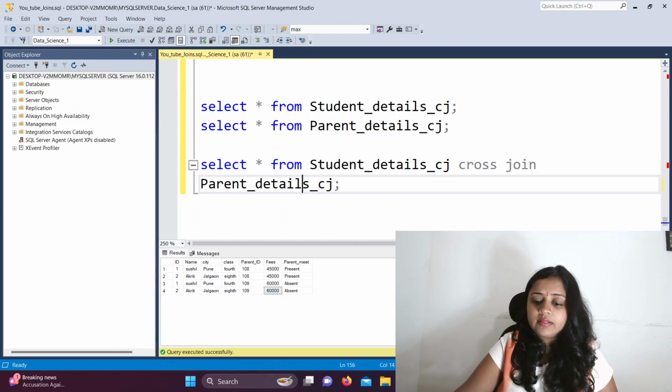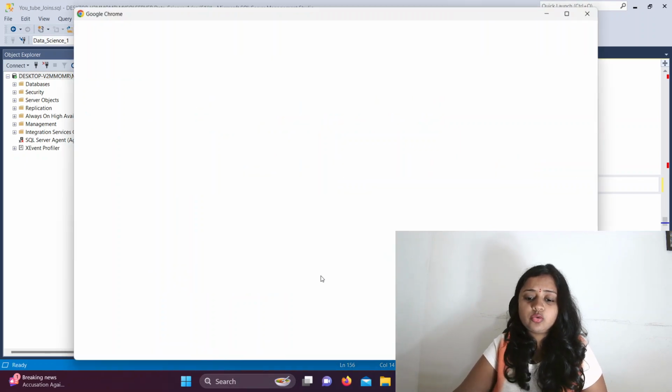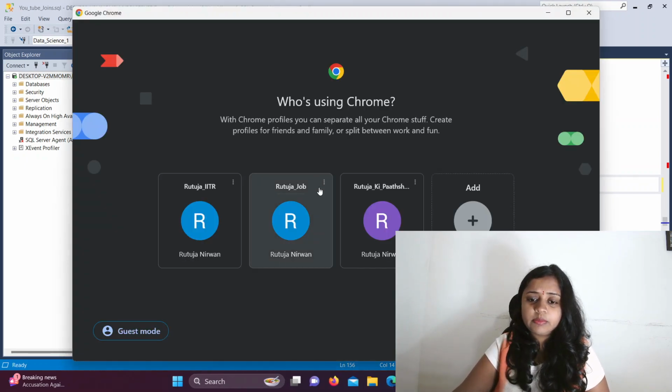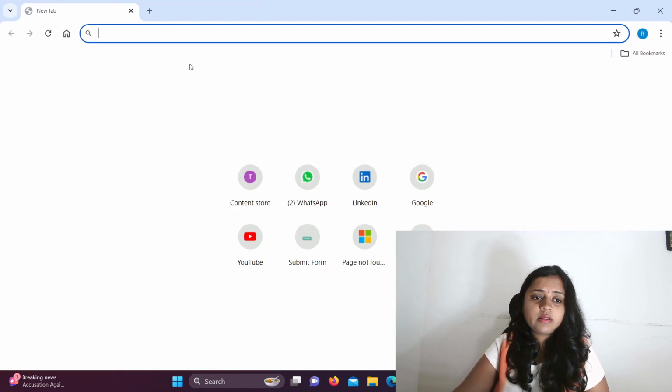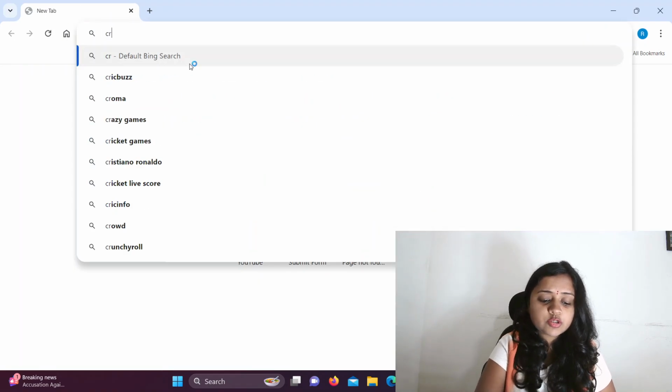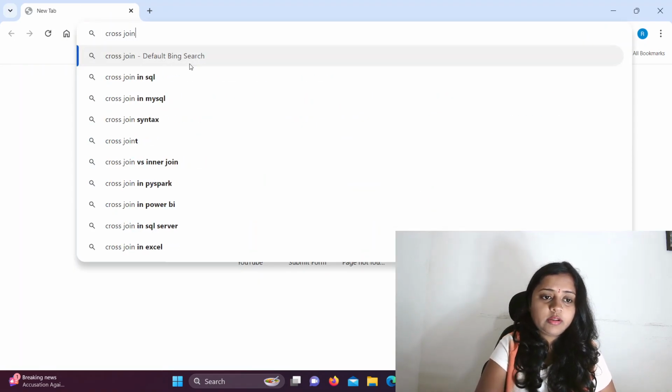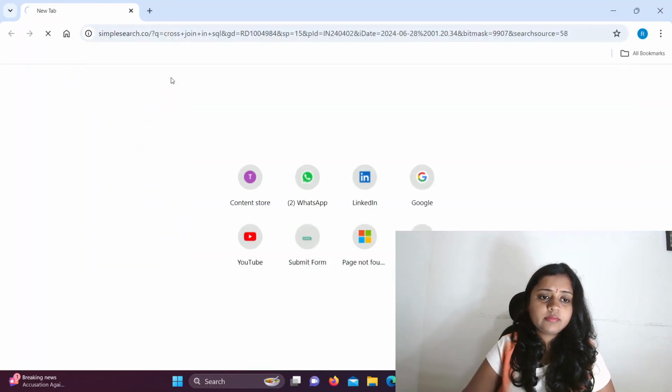If you go to Google Chrome, guys, you can see an internet image. Let me show you one of them, the cross join in SQL.